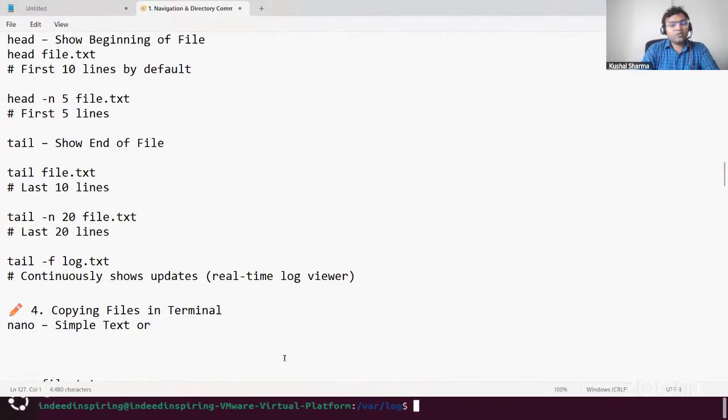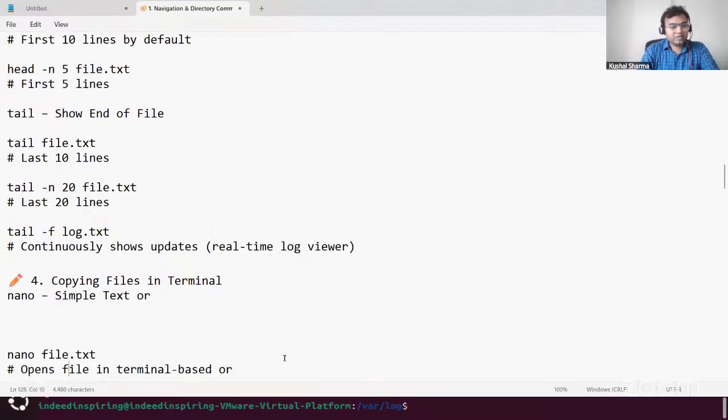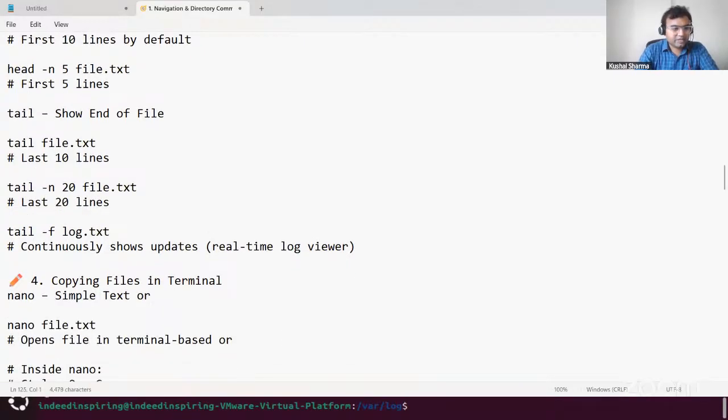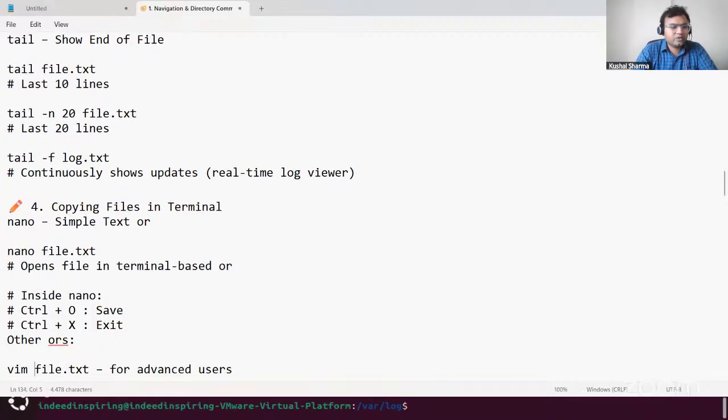Next is copying files in terminal. Okay, so let's see what exactly happens here. So nano. I'll say not copying, but to create files and edit some content into it. So nano is a file editor. Here you can see we have a file editor called nano, and I have just used it also. So nano file editor helps us